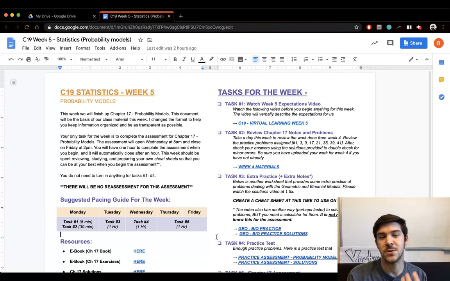A lot of students who emailed me and started to ask me questions about Chapter 17 replied that they did not take notes on the book. They didn't read the chapter. They didn't take notes on it. And then they had a lot of questions for how to do the math. Really take time to write down some notes and make a cheat sheet for yourself so that way you can use that for the test on Friday.